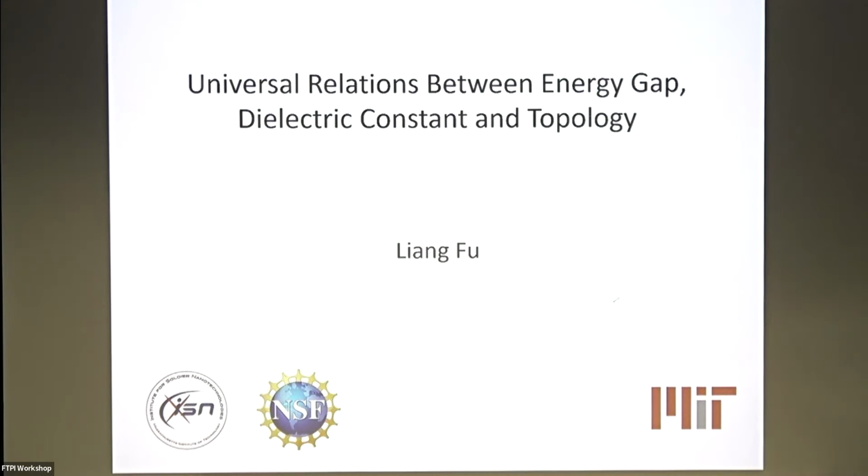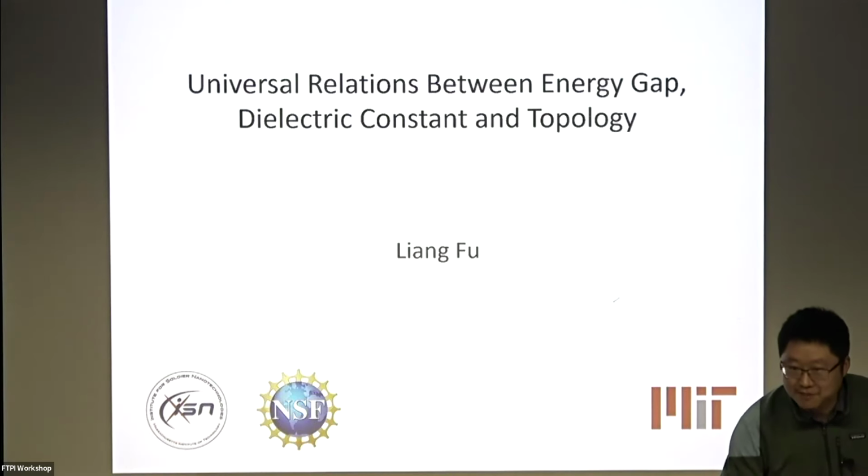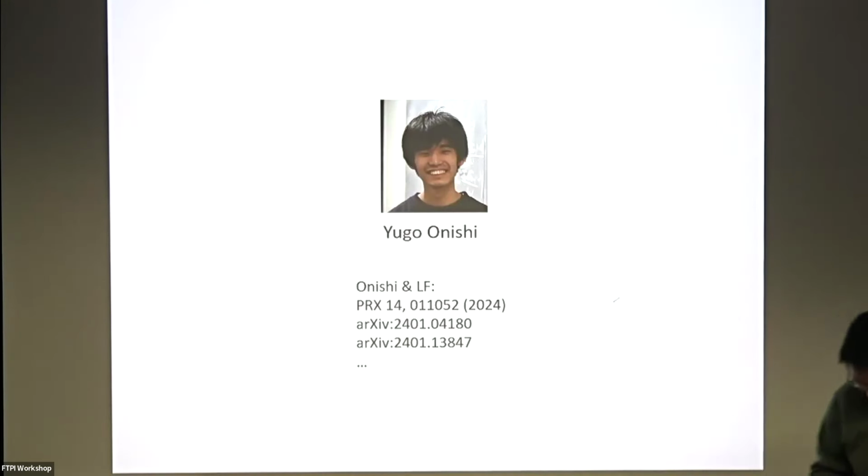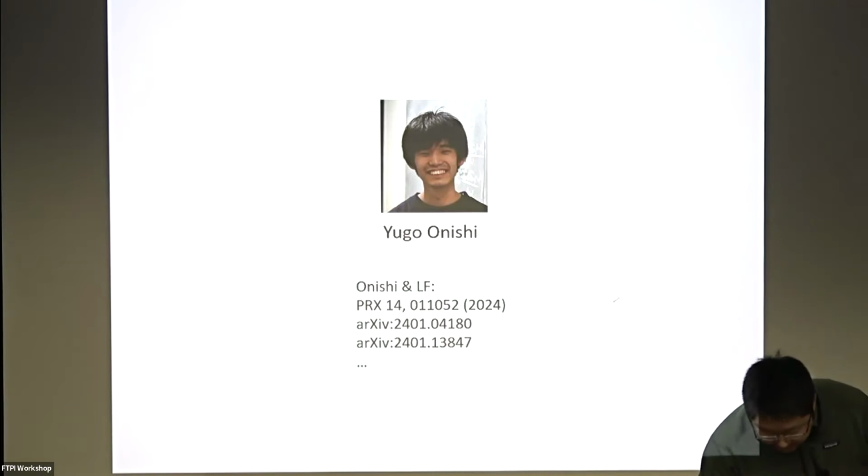And also, the way we got into this is we first were studying topological states of matter. So topology plays a role in the first part of this talk. And really, it's through this work that I've come to appreciate the richness and the subtle features of Coulomb systems, this long-range interaction. This work is done in collaboration with my brilliant student, Yugo Onishi, and we had a lot of fun exploring this topic. Several papers are here, and more are in the pipeline.